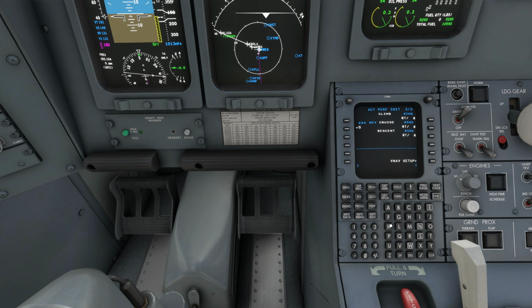Climb winds 227 at 19 knots. Cruise winds 272 at 41 knots. Descent winds 104 at 05 knots. Alright,